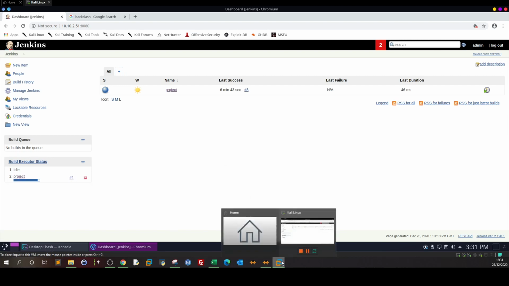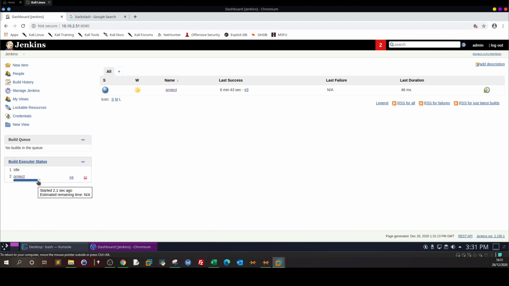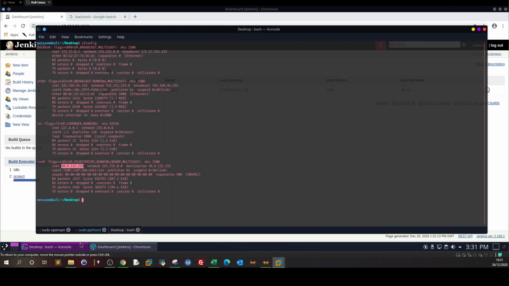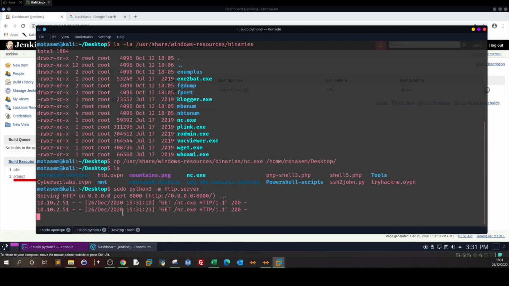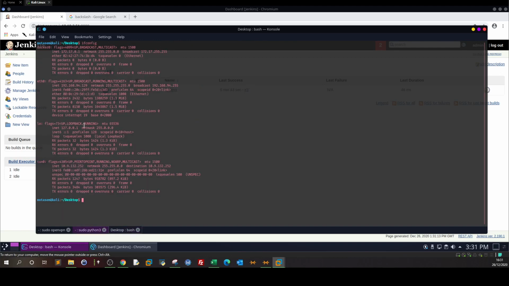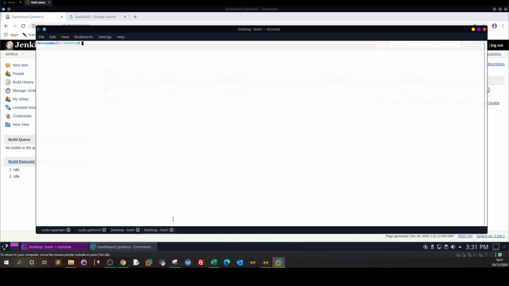Let's see. So it's being executed. Let's check the terminal. So as you can see, Netcat has been requested. Now, the next thing is to open a listener. And here it's going to be the